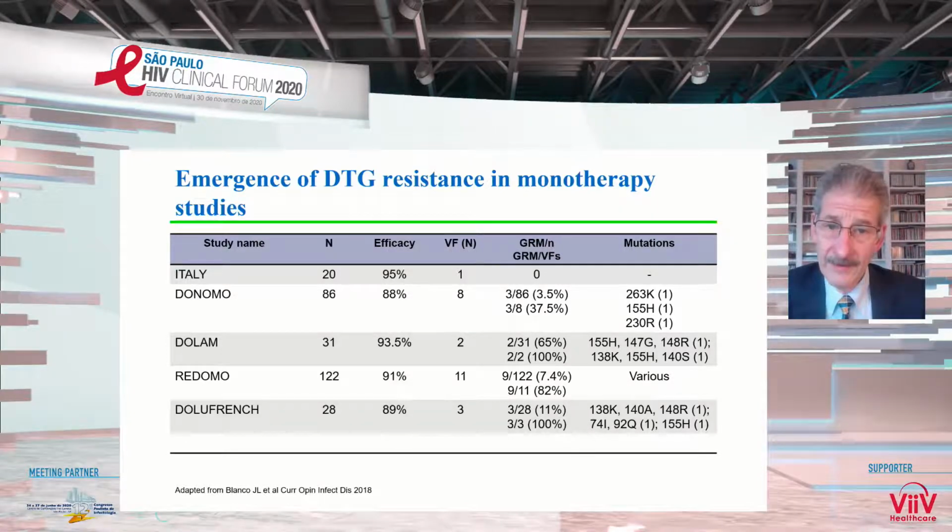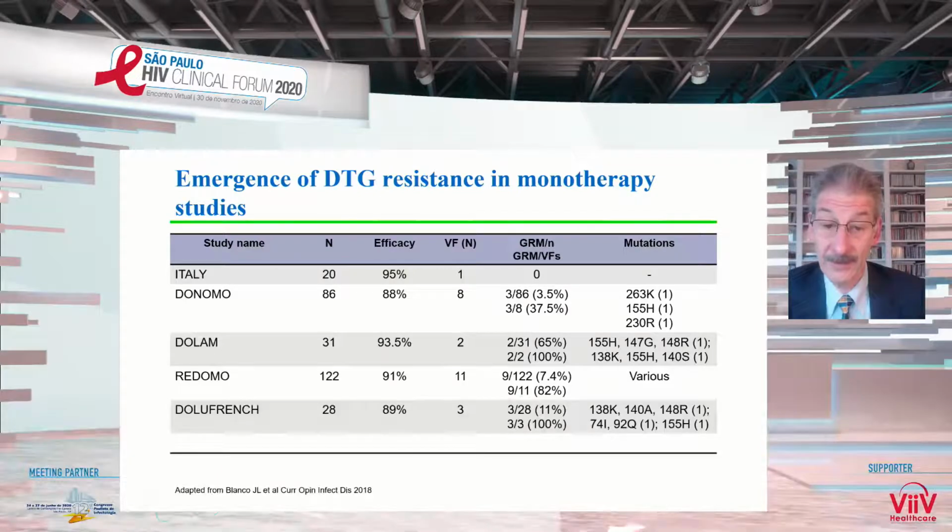Well, what about resistance to dolutegravir in other settings? Because of the success of dolutegravir in the triple drug regimens and in 2-drug regimens, which I won't be speaking about, but which Pedro Kahn will talk about subsequently, there was unwarranted enthusiasm about examining the potential for dolutegravir to be used as monotherapy. This slide shows a range of studies, and in all but one of the studies,